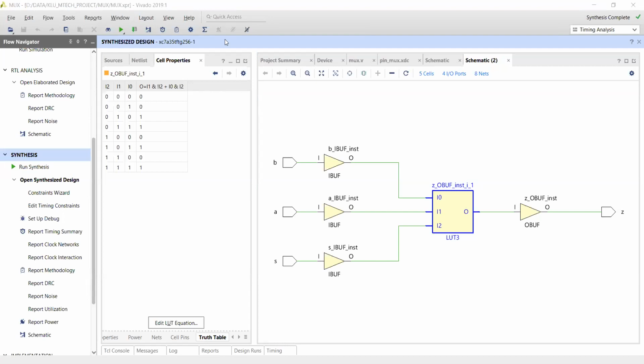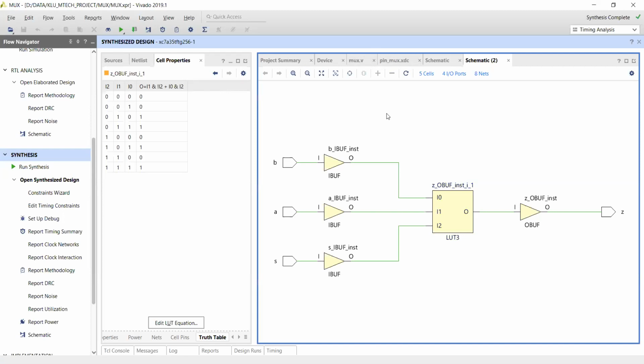Just go back a couple of minutes with your explanation, because of the RTL diagram internal structure you showed. Is the audio clear, sir? Yeah, it's clear now. No problem. Thank you.